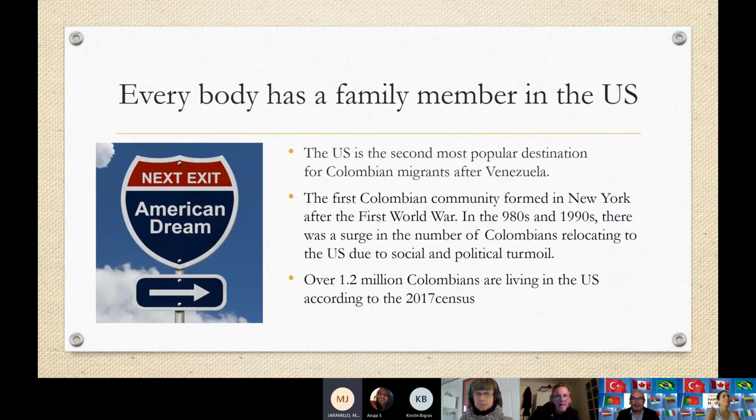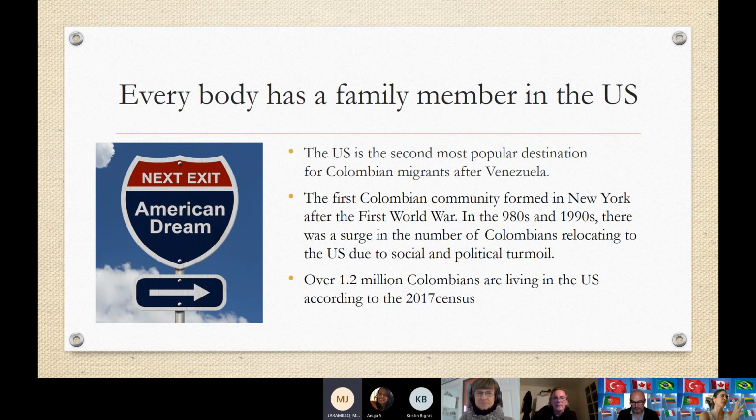Okay. Then this is a super popular saying in Colombia, just for you to understand. Everybody in Colombia has a family member, a friend from school that lives in the US. This is still for us the country where we can get our dreams come true. The US is the second most popular destination for Colombian migrants after Venezuela. I mean, the immigration to Venezuela has changed in the last 10 years for obvious reasons. But of course, it was easy for a lot of Colombians going to Venezuela because of the proximity and the language.